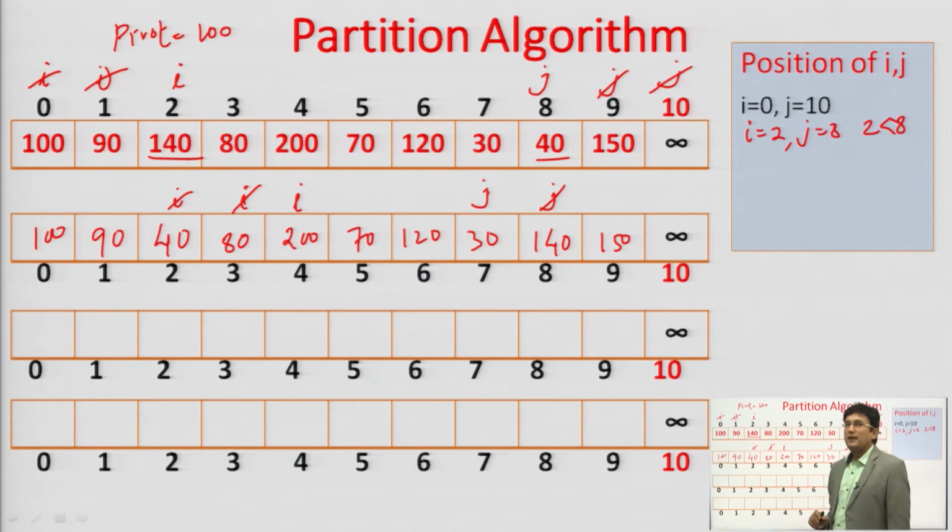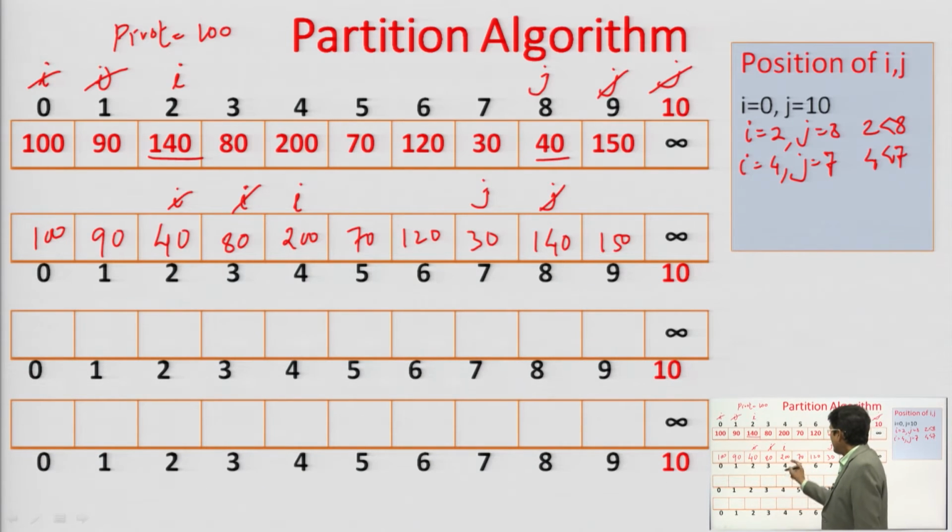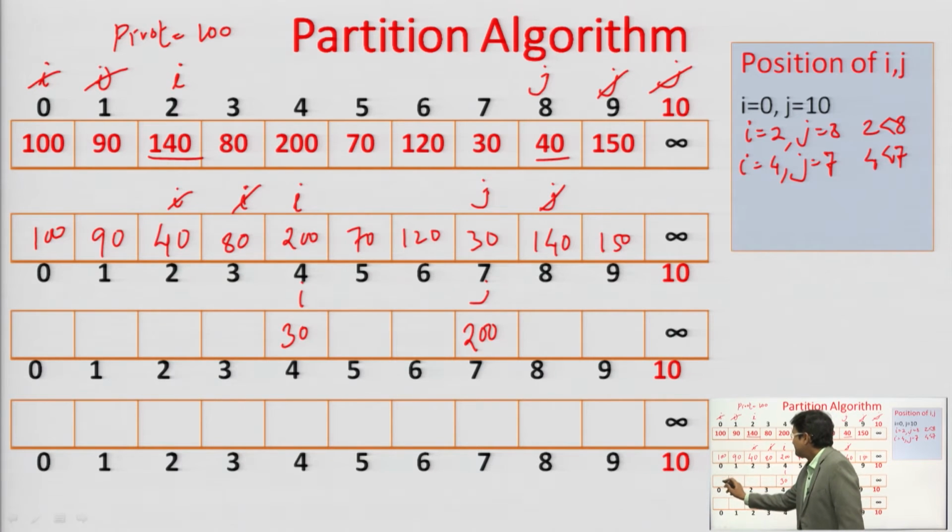This 30 is smaller than the pivot, so we will stop here. Let us check the position of I and j. I is at 4 index and j is at 7 index. Here 4 is less than 7. That means we have to exchange the ith and the jth element in this case. The larger element than the pivot, that is 200, will go on the right, and the smaller element than the pivot, 30, will go on the left. So, we are exchanging 200 and 30. So, 30 is here and 200 will come here. Here is I and here is j, and now we are going to write the other elements as such. There will be no change in the other elements of the array.